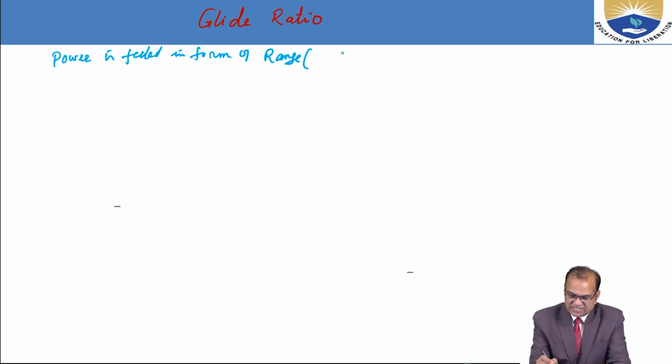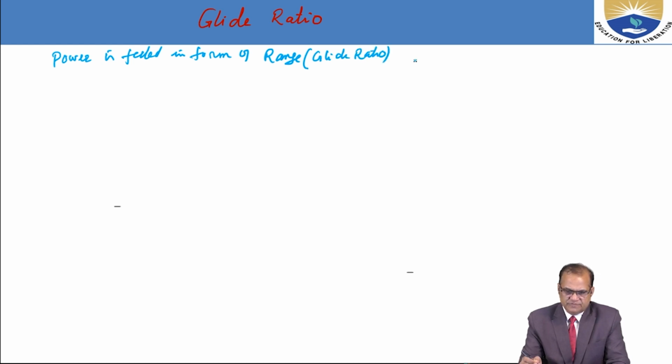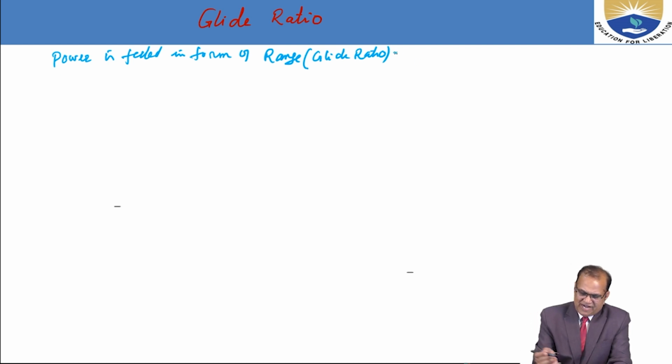This range depends upon the glide ratio. So what is the glide ratio? Glide ratio is the measure of range of aircraft